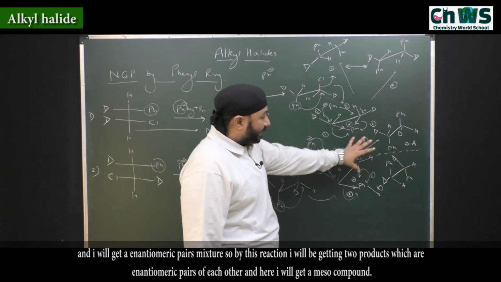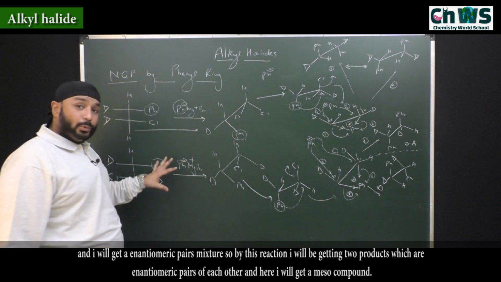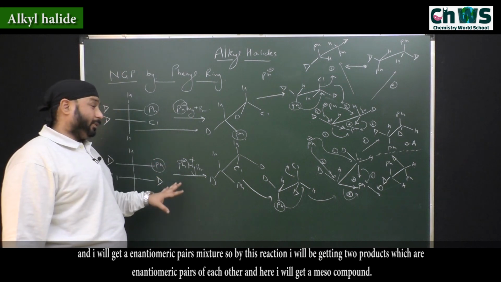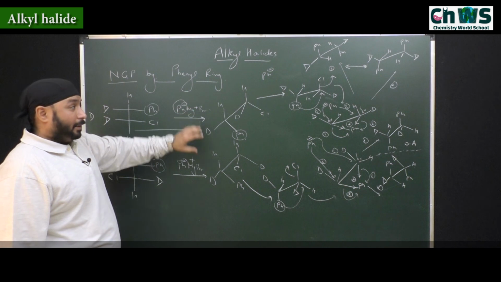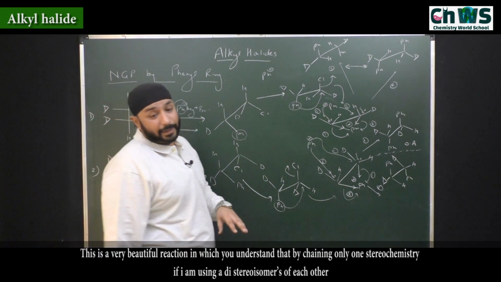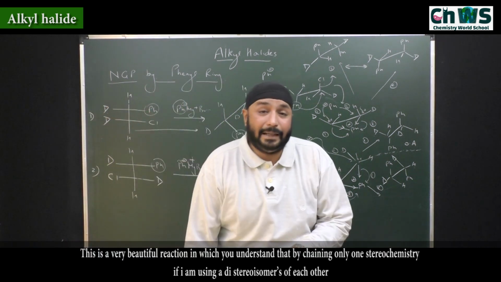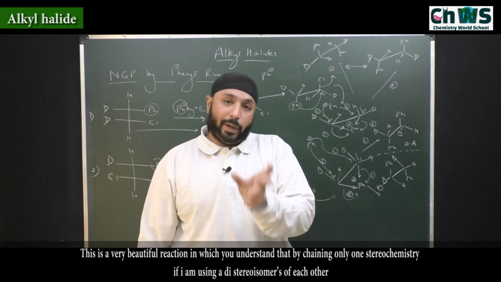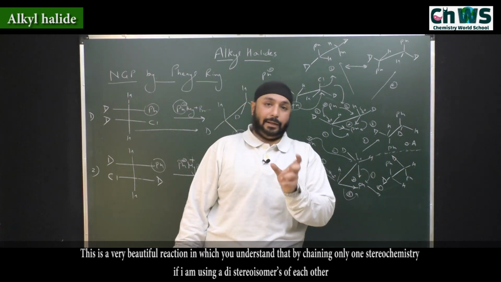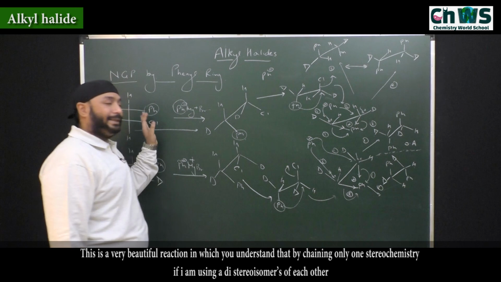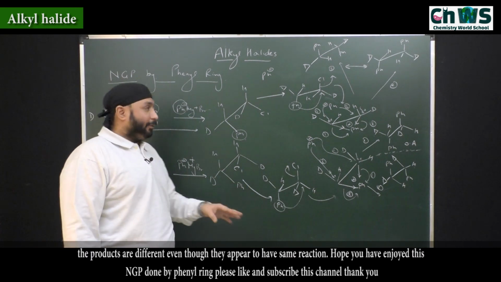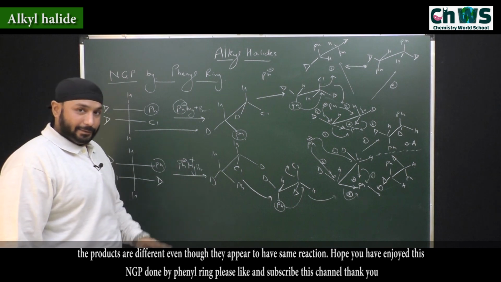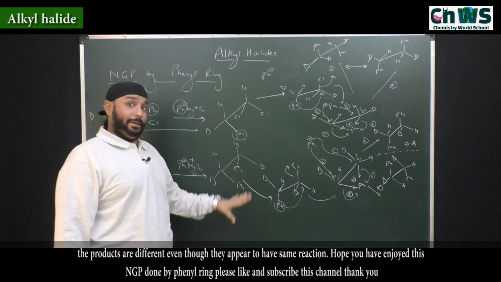So by this reaction I'll be getting two products which are enantiomeric pairs of each other, and here I'll get a meso compound. So this is a very beautiful reaction in which you understand that by changing only one stereochemistry, if I'm using diastereoisomers of each other, the products are different even though they appear to be the same reactions, right? Hope you have enjoyed this